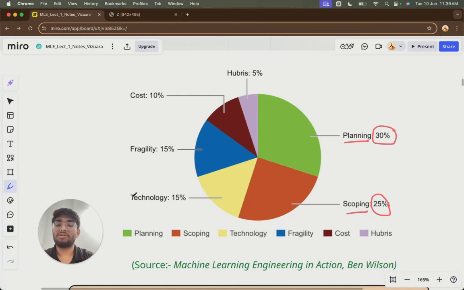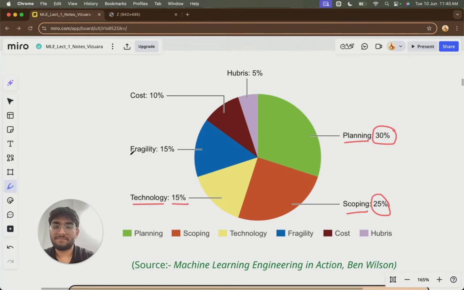Next is technology, which contributes 15% to the failure of projects reported all over. So imagine you have a startup company where you have done a lot of planning for the project that is given to you by the government. You have done a lot of research, the algorithm is designed, you asked for the database, you thoroughly went through it, and when it comes to running that algorithm on that database, you don't have enough GPUs. At that point, technology will be the reason for the failure of your project. When you don't have enough computing resources for your project, that time we will claim that lack of technology has led to failure of the project.